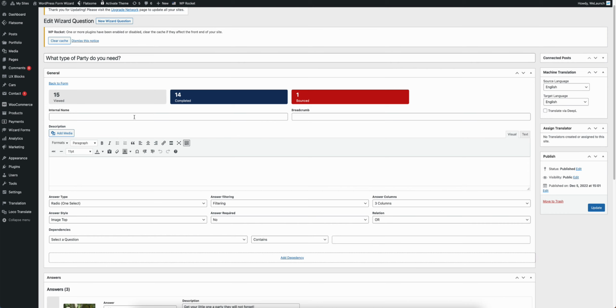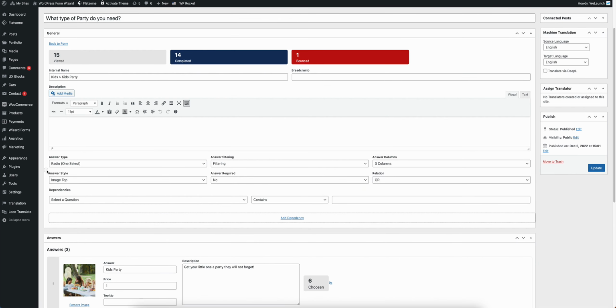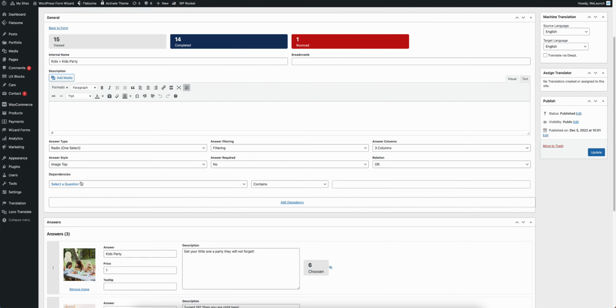You can also give it an internal name, like for example, when you have multiple dependencies, you can say kids, and then it's kids party, so that you will see in the overview where exactly this question is located. You can have custom descriptions below the title. You can choose if it's a radio, checkbox, slider, or text area answer. You can have answer filtering or ranking, the columns, for example, answer style, answer required, the relations, dependencies, and then